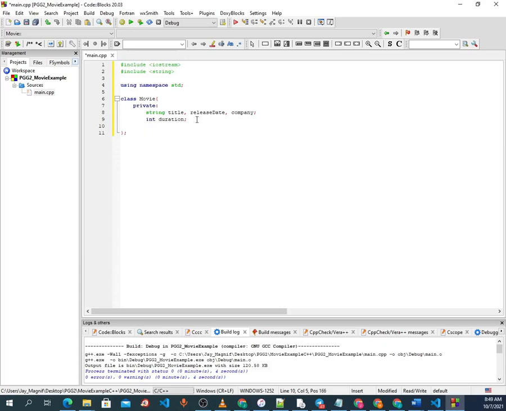Okay, so for public, I'm sure by now you know what these are: private and public. Before you even start building a class, you must understand what these do. So in our public,